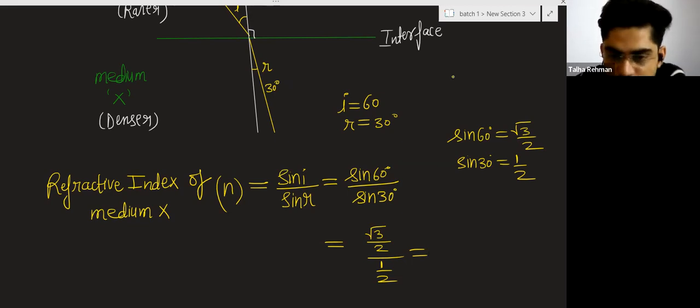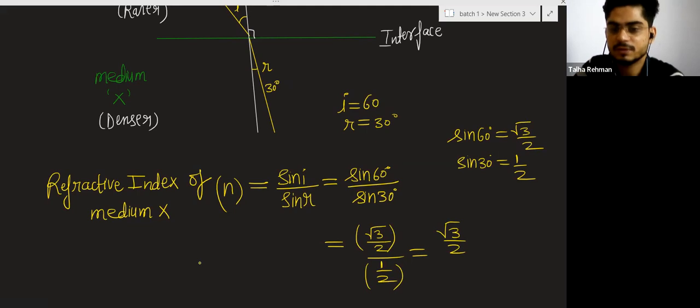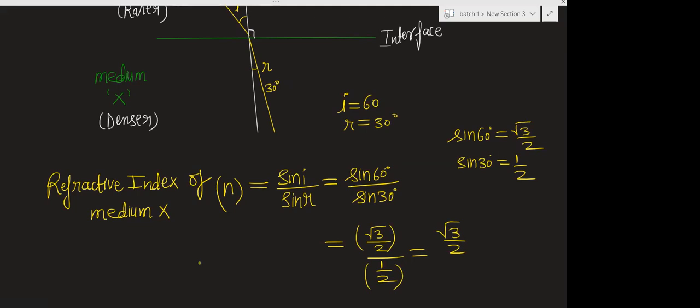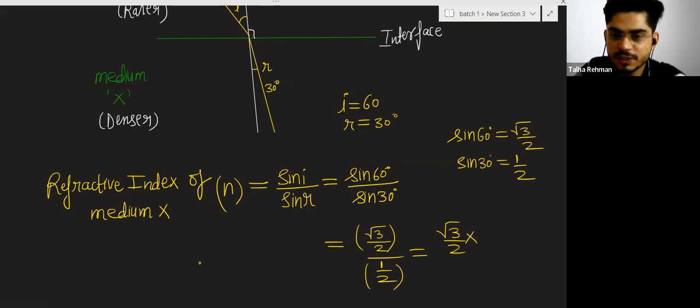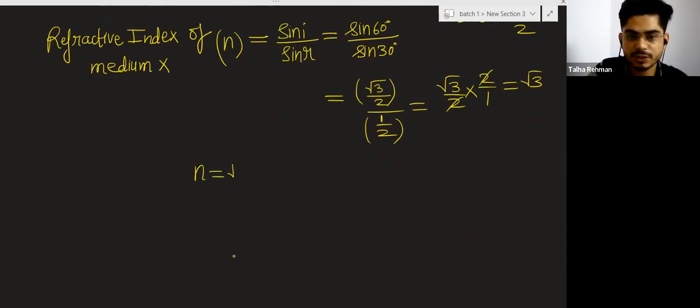No. Okay, no problem. So what you will do in these types of calculations, you write this term first. And this is the division sign. Sir, is it root 3? Yeah, you are right, beta. So here is a sign of division. If you will take this sign, then you will write this 2 divided by 1, opposite of it, and this 2 is gone, so you will get root 3 divided by 1, and that is root 3. So refractive index n of the medium, you will get the answer as root 3.